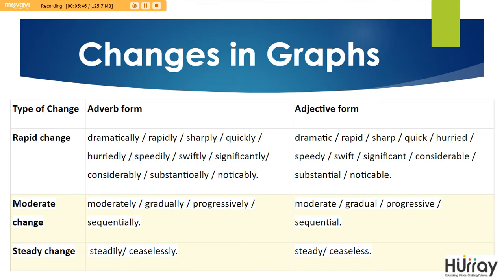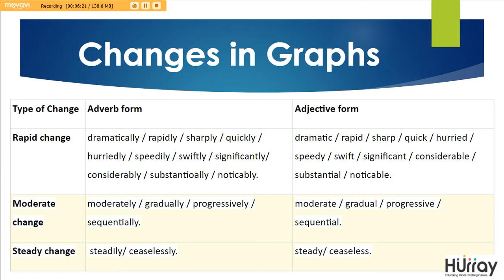Changes in graphs. The types of change that are often shown in graphs could be rapid, moderate, or steady change. So, depending on that, you could use the correct language. For example, you could say the graph depicted a rapid change, or dramatically rose, or rapidly rose, or sharply rose, all in adverb form. However, if you are talking about it in adjective form, you could say there was a dramatic rise, a dramatic fall, a rapid rise, a rapid fall, a sharp decline,